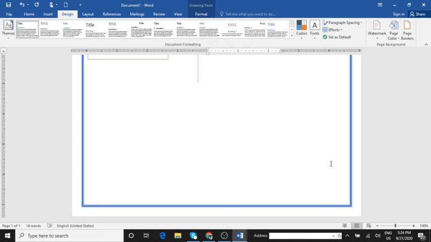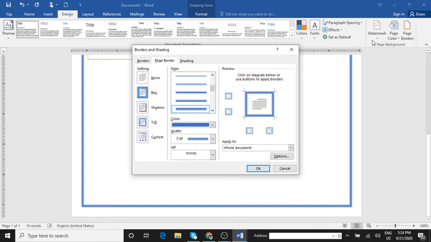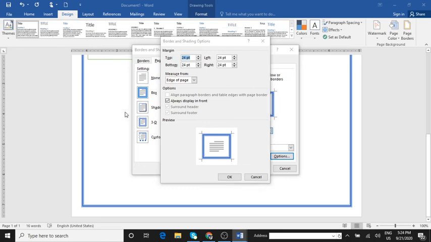The same way you have given a good background to this, you can do the shading also. Click on the shading tab in the dialog box and select the color from the fill. Shading also is the same: design tab, in the page border itself. Click the shading tab in the dialog box.